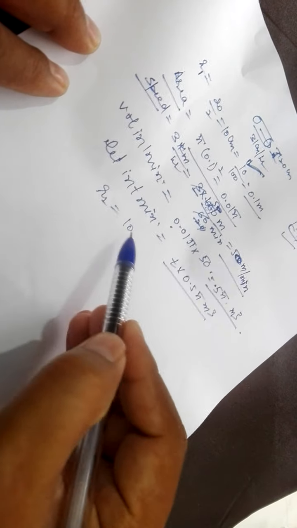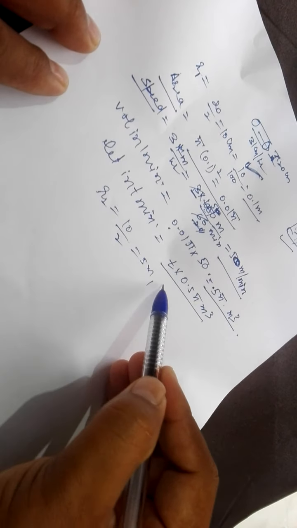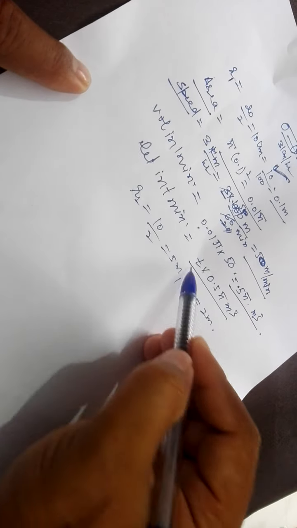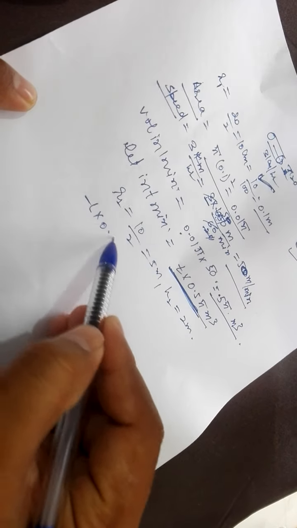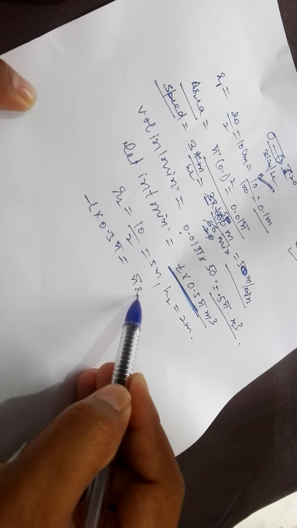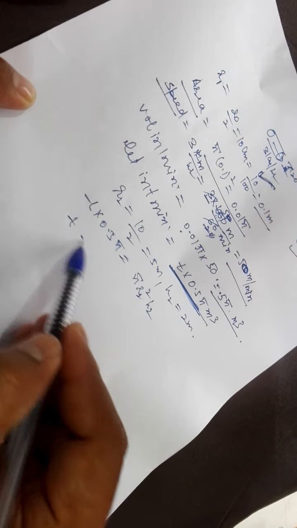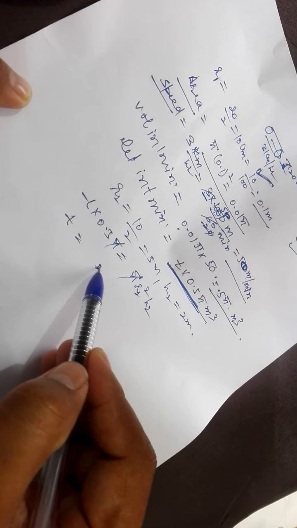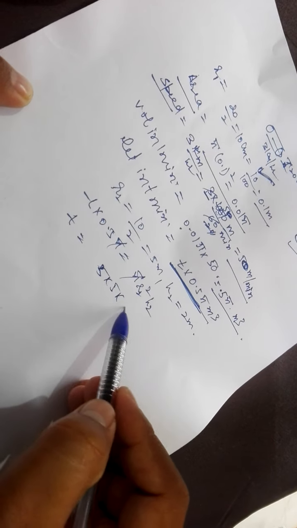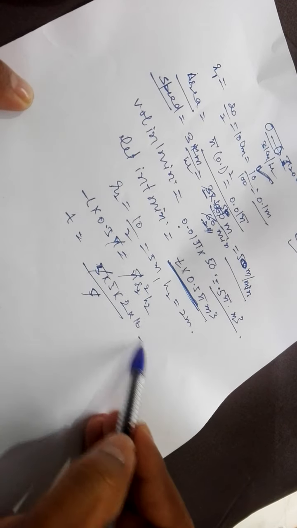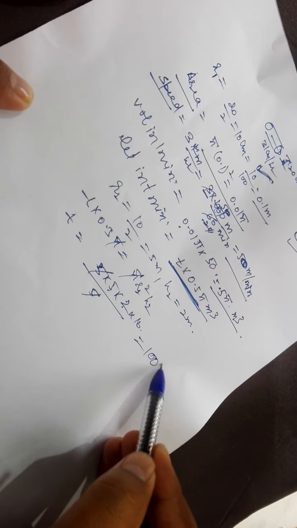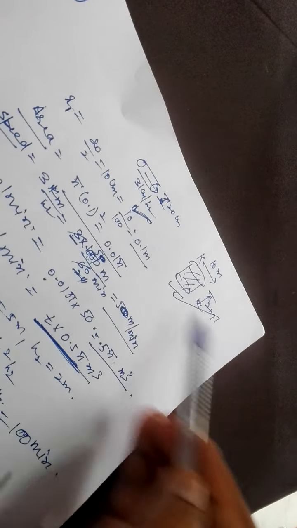What are the dimensions of the tank? R2 is equal to 10 upon 2, 5 meter. H2 is 2 meter. Now this volume is put equal to the volume of this cylinder. T into 0.5 pi equals pi R2 square H2. Pi got cancelled. What is R2? 5 into 5. What is H? That is 2, and that is 0.5. Do the calculation. 5 to the 10, 10 10s are 100. 100 minutes is required to fill this tank from this pipe.